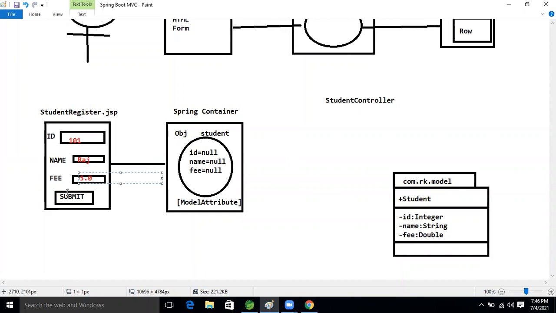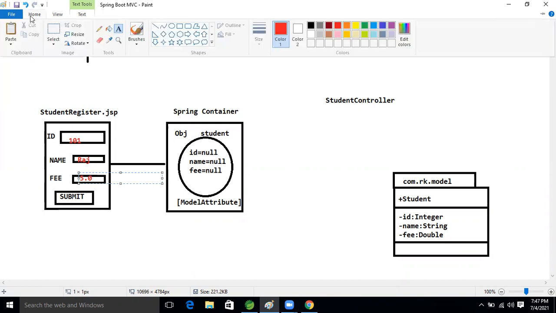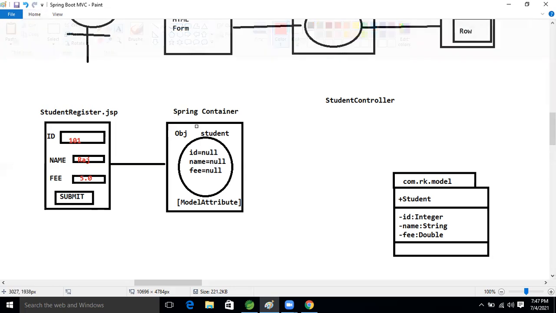Whenever we put the data and click, our IOC container will store the data. Now here null is there until we send the data.